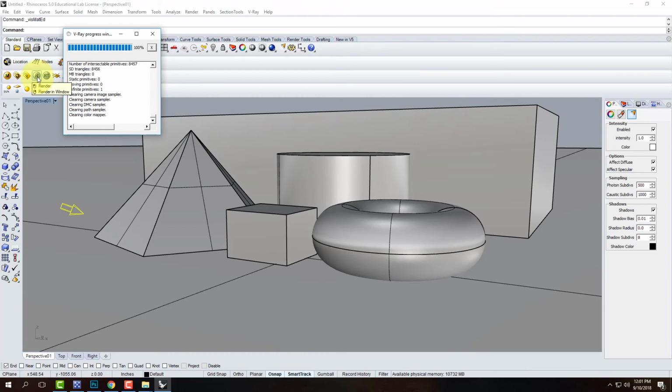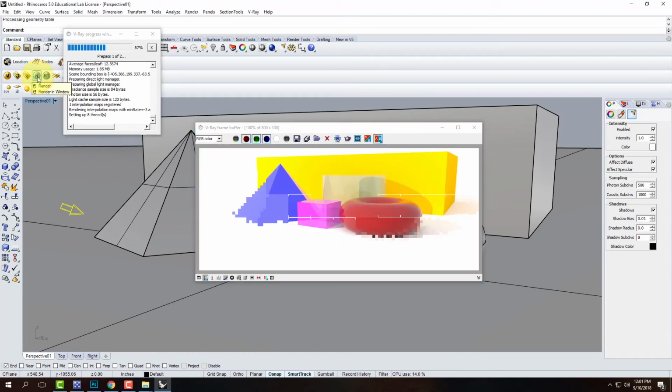So the rendering load, though, just got a whole lot more complicated. And so again, rendering is going to slow down because now it has to calculate what the reflection of one is on the other, and backwards and forwards. So the rendering is going to be a lot slower as it goes through and does this calculation. So for example, on this red donut here, you see how we're getting reflection of the yellow behind. But we're also getting reflection of the red donut and the yellow being bounced off of some of the other